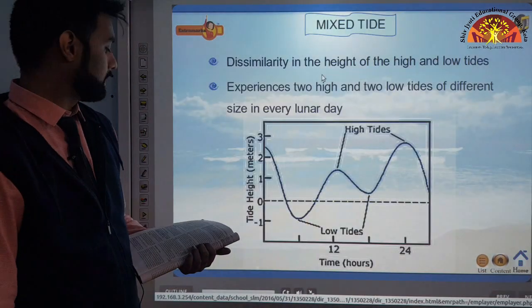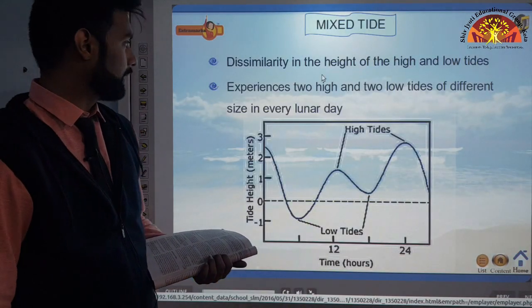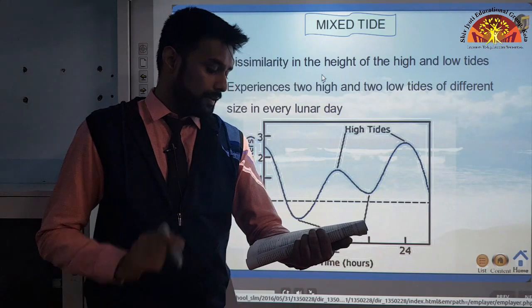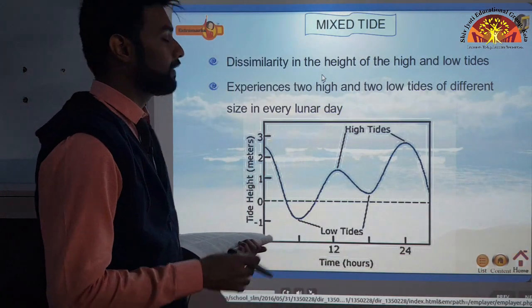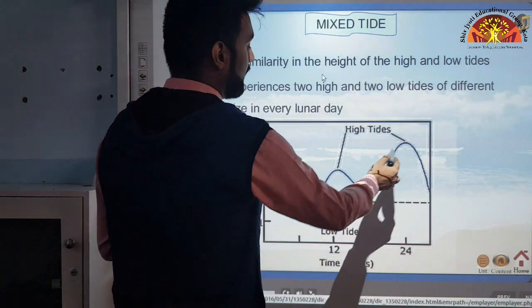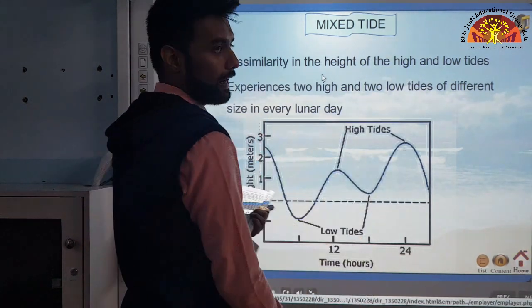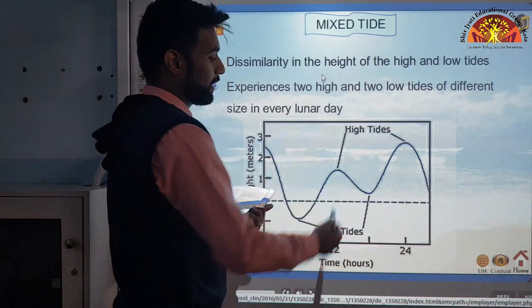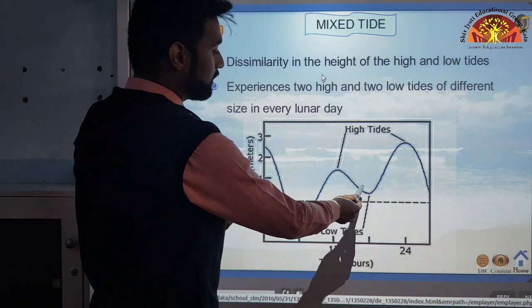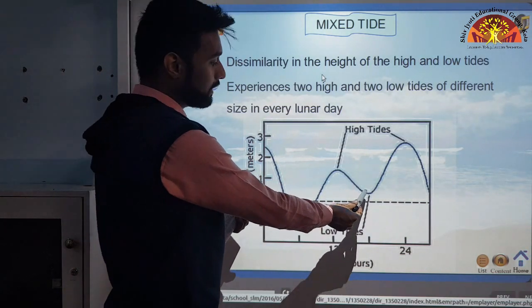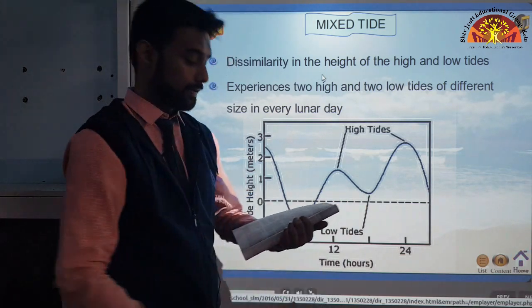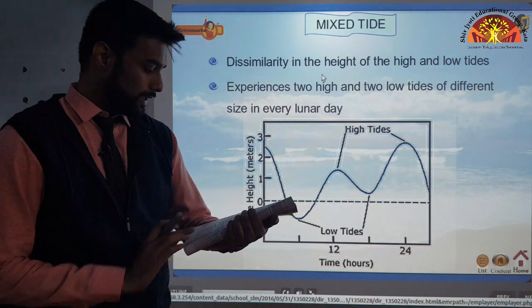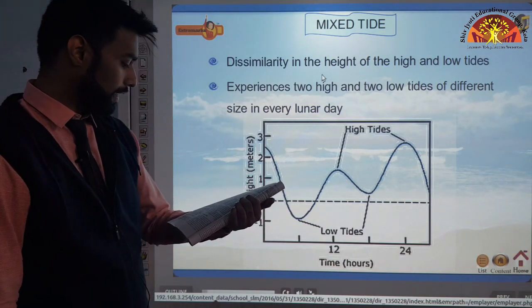Next we have the mixed tide. Tides having variation in height are known as mixed tides. For example, the high tides here, as you can see, are of different heights. One tide is of greater height as compared to another. Similar things can be seen in the low tide as well. One's depth is much lower than the other. Another depth is greater. These tides generally occur along the west coast of North America and on many islands of the Pacific Ocean.